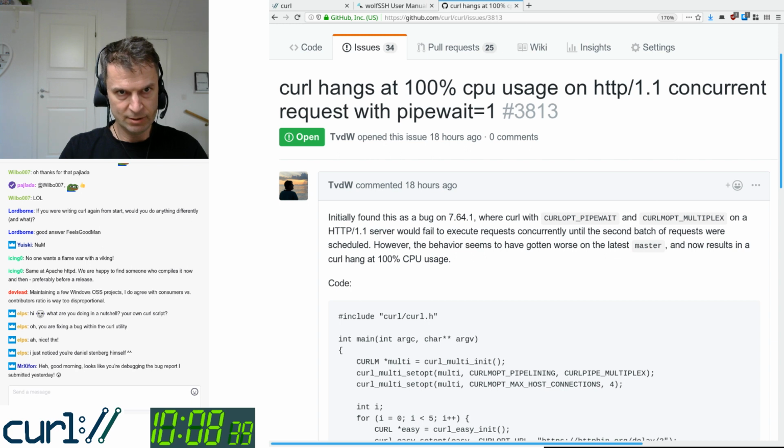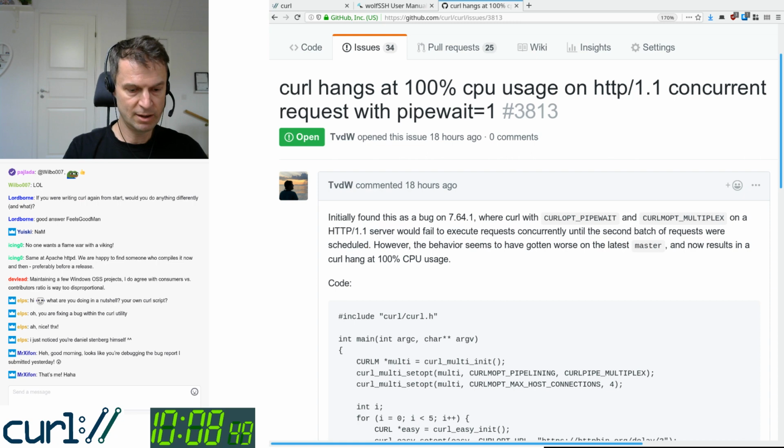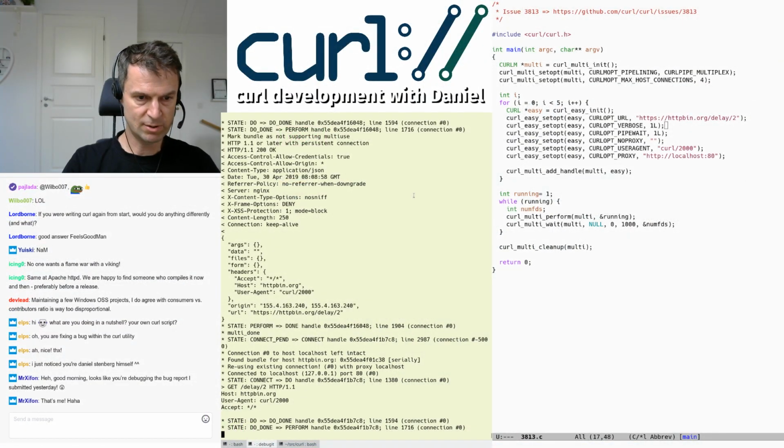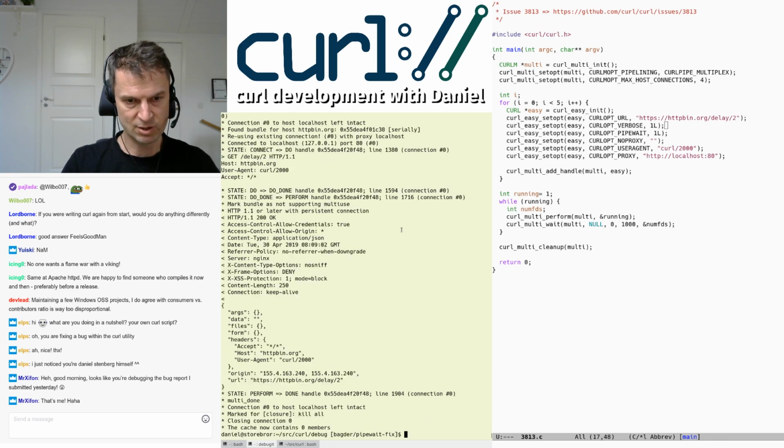And I could tell you, if you missed it so far, that I have a partial fix, or I should say I have one fix. It's not ideal, it's not perfect, but it at least makes it run through. You can see it because I ran it on the other, like this. So now it doesn't get stuck. In my fix here, it actually performs them all. So it's better, but